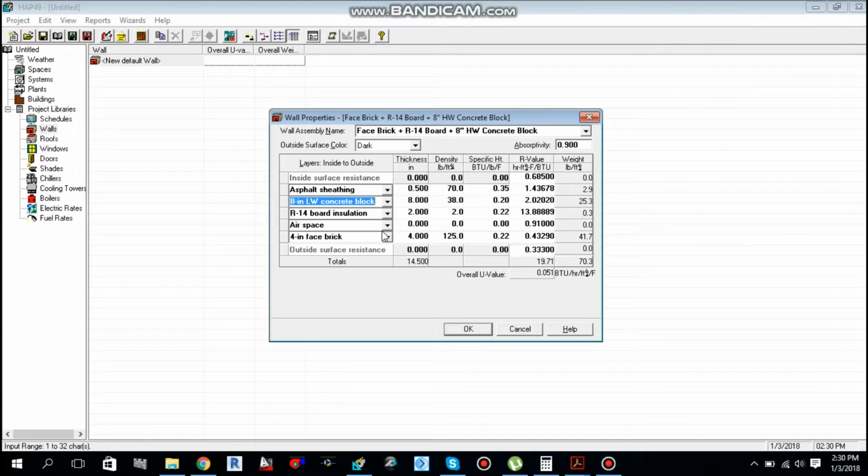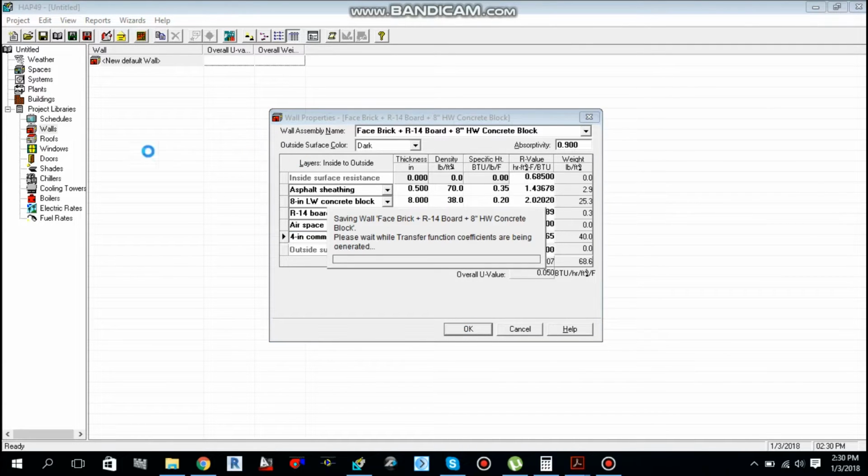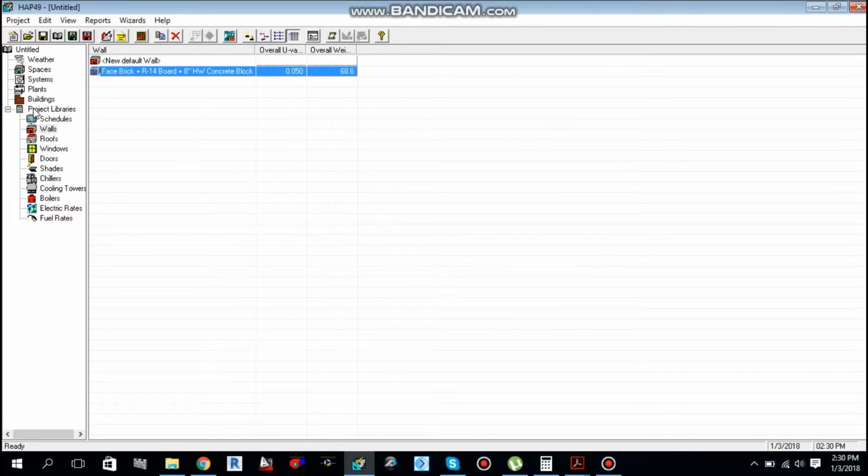R14 board insulation, okay, and the 4-inch face brick we will change to common brick. As you can see, the overall U value is 0.05. So this value we can use to calculate the heat load. We just select OK over here, and then we'll move to the roof.